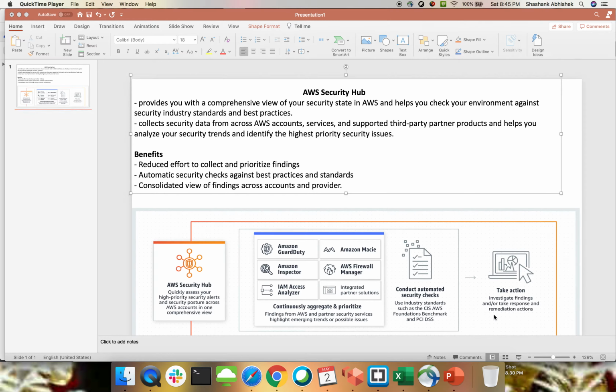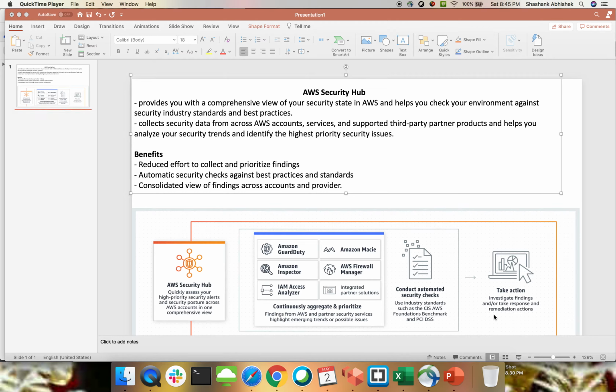Based upon the findings that we get, we have to take action. The remediation can be done by writing a Lambda function or Python function to remediate your issues, but Security Hub is not able to remediate the issues automatically. It will only give you the findings of the potential risks present in your environment.